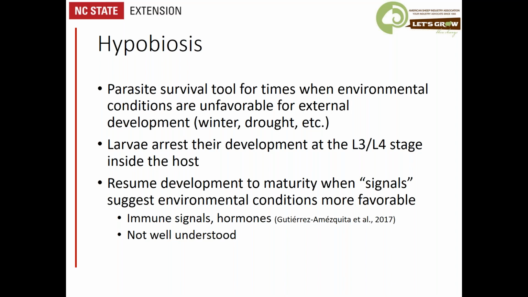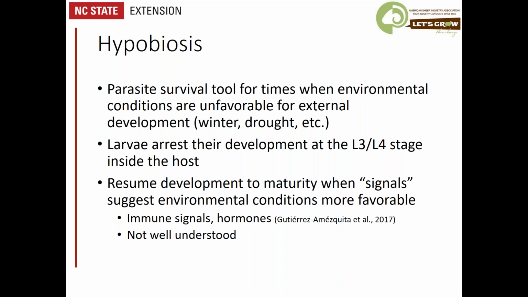There's some evidence, some data that suggests that there's some hormones, reproductively related hormones, that are involved with this that could signal that the environmental conditions are more favorable. We think about what we call the periparturient rise, and shortly after lambing, we generally see an increase in fecal egg count and parasite burden in those adult females. And that's attributed to a potential decrease in immunological fitness, that increase in stress associated with that lambing time, as well as